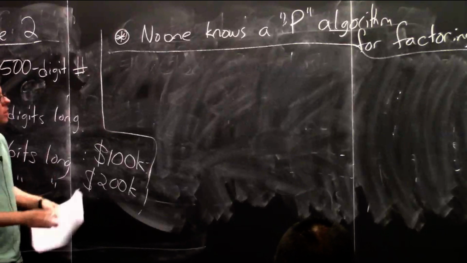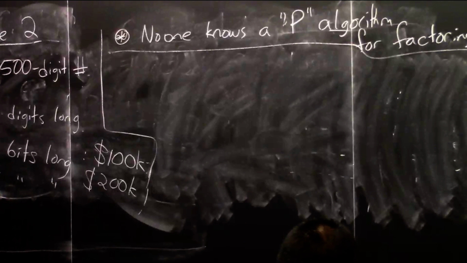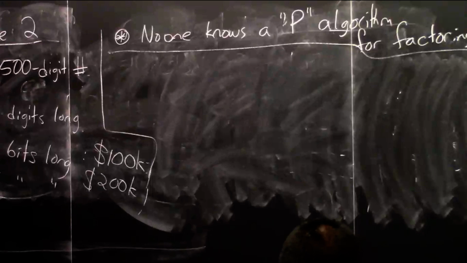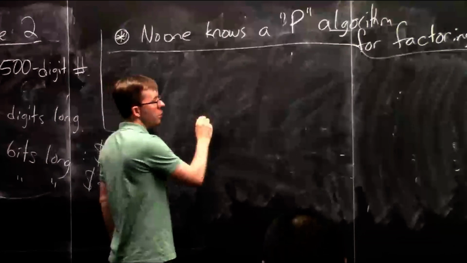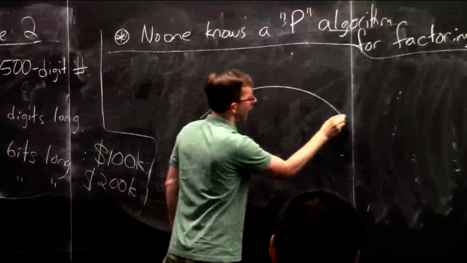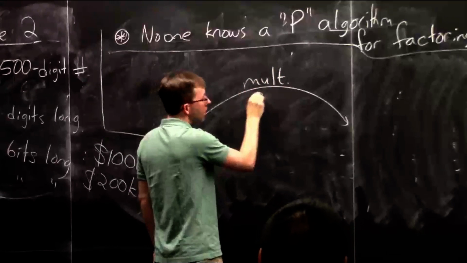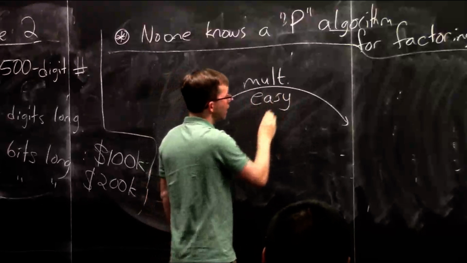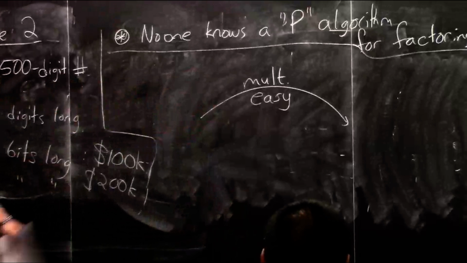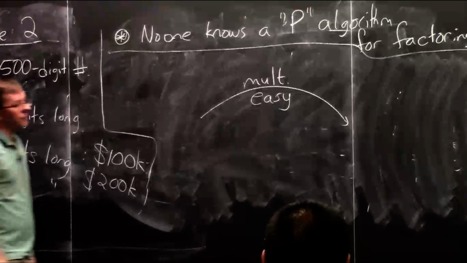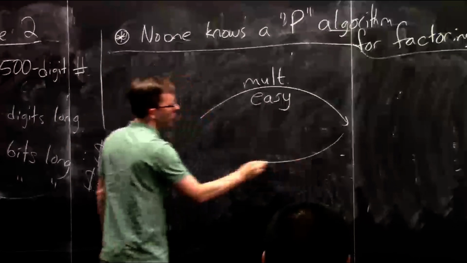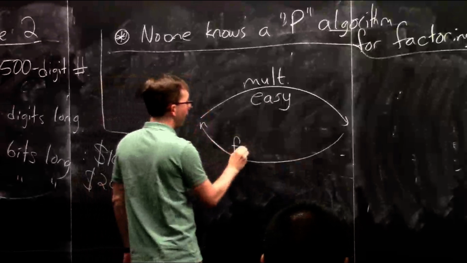First of all, you might ask, what does factoring have to do with cryptography? Probably you've heard the story, but the point is this. What have we just seen? We saw that there's one task, multiplication, which is, I'll say, easy. It's not really a problem to multiply enormous multi-digit numbers. On the other hand, the reverse operation, factoring,